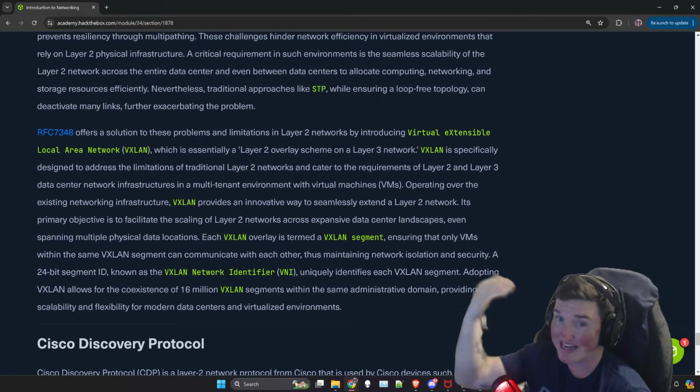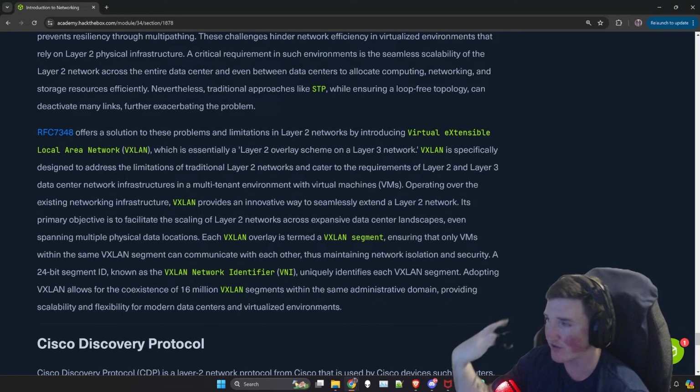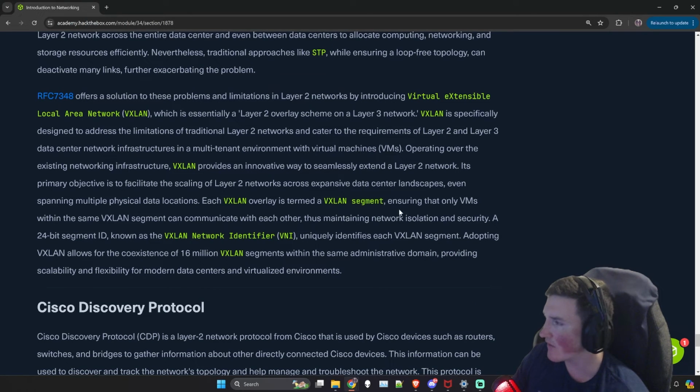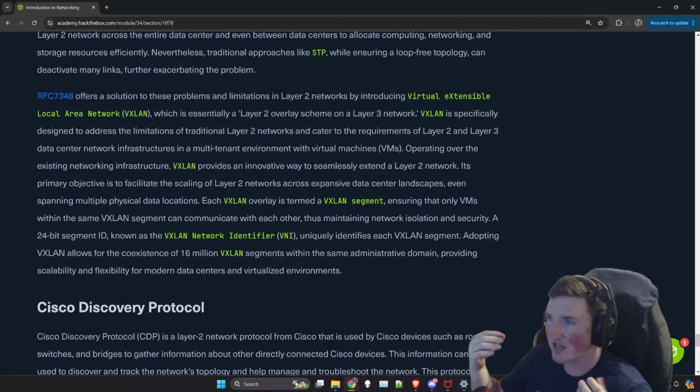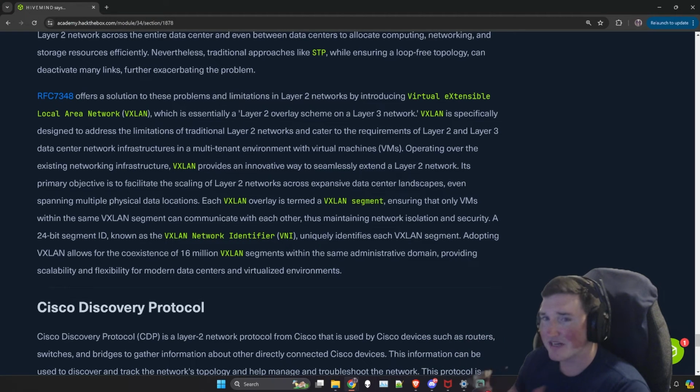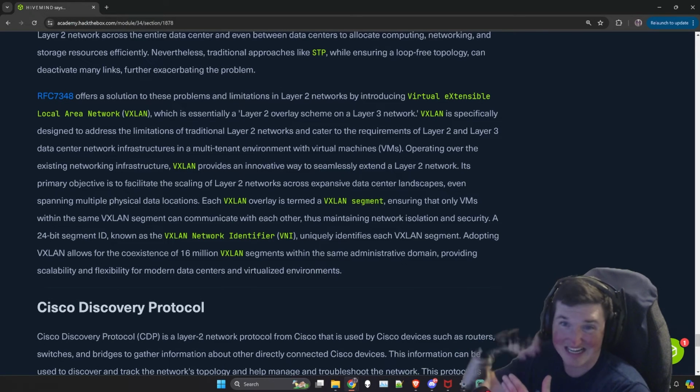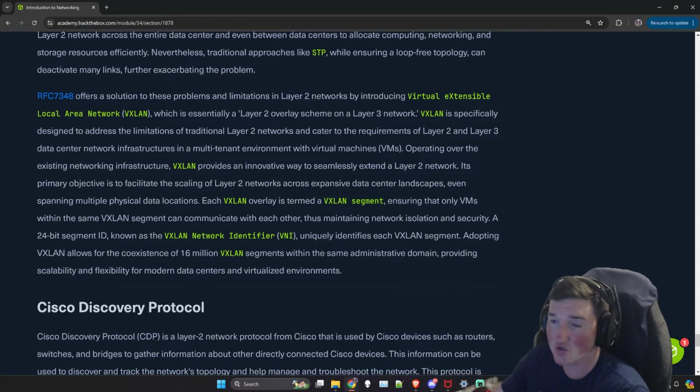So if you have a layer 2 network, you can now add it to basically layer 3. You're extending the capabilities. Okay, so now ensuring that only VMs within the same VXLAN segment can communicate with each other. Most people know that VMs are pretty much how a lot of companies do business. There are still physical servers, don't get me wrong, but typically you're going to look at something like an ESXi host that is then going to set up all these virtual machines. Well, if they're virtual, quote unquote, then I don't need a physical layer 2 switch for them. They're saying I can actually extend that up to layer 3 and virtually allow it, right?